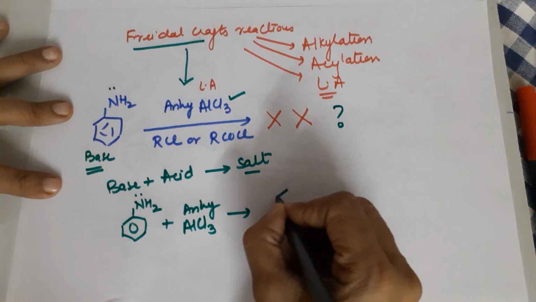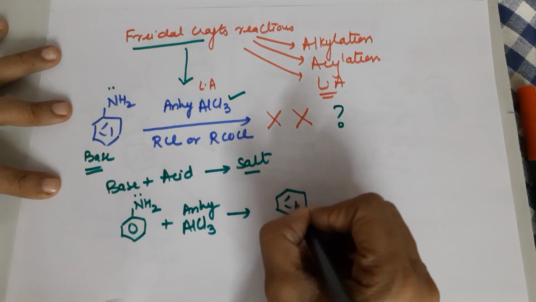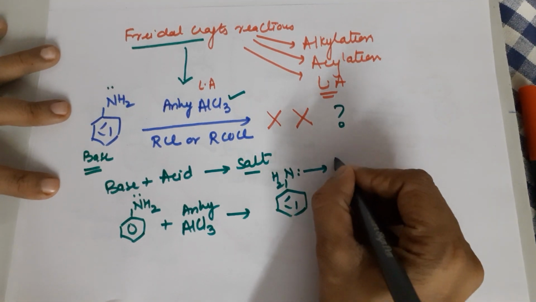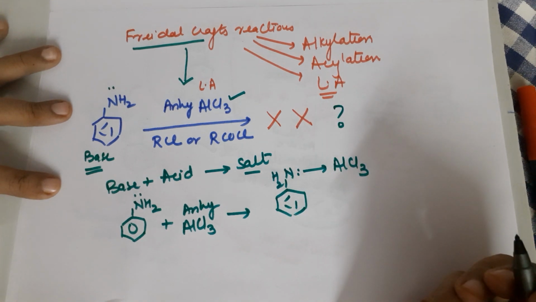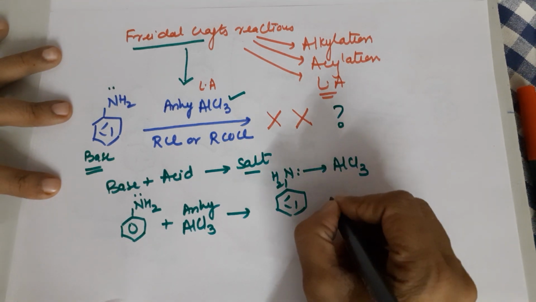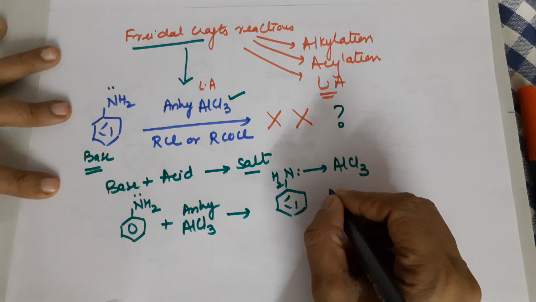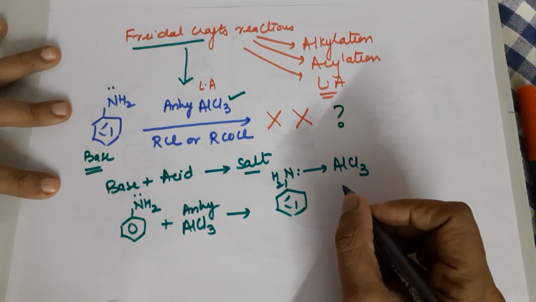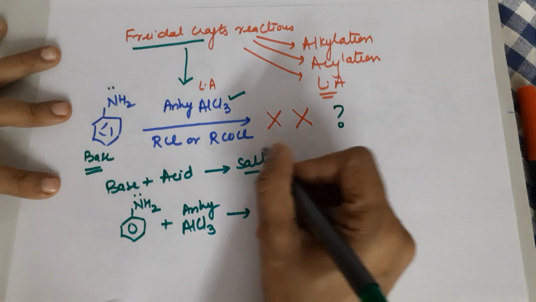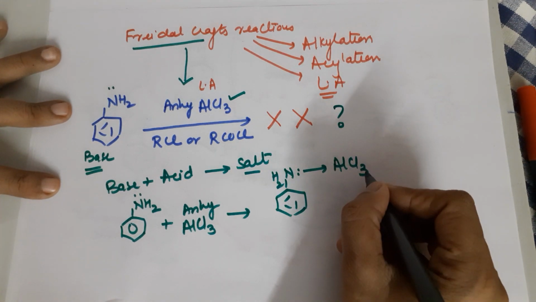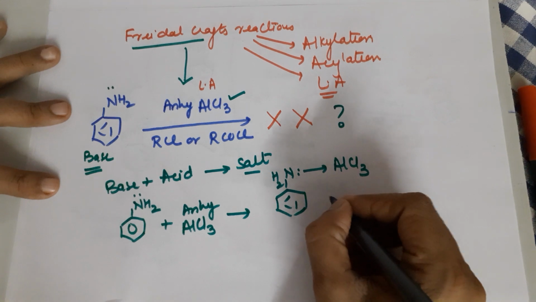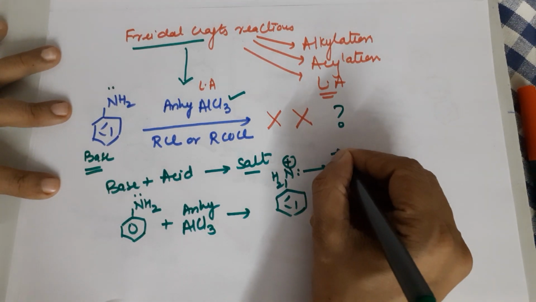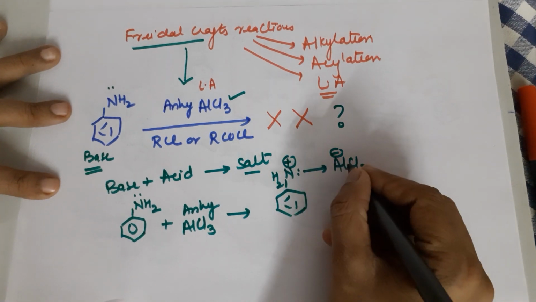तो क्या हो जाता है? Aniline अपना lone pair AlCl3 को दे देता है, यानी इसमें salt formation हो जाता है. This is the salt which is formed, which is your formation of a salt which has an anilinium ion and an AlCl3 leading to a salt formation. So जब ये salt बन जाता है तो lone pair NH2 ने दिया और इसको इलेक्ट्रॉन मिला, तो ये प्लस हो गया, ये माइनस हो गया.